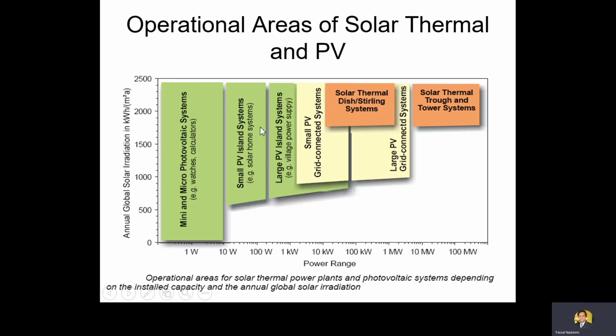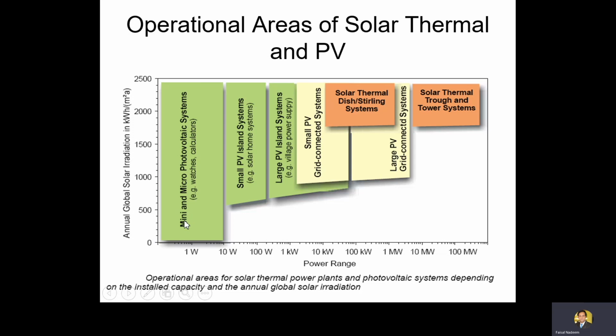Again, this green block also represents the photovoltaic system. This green block with this yellow block is also explaining the photovoltaic system, and this yellow block is also explaining the photovoltaic system. Now these brown and orange color blocks represent the solar thermal technology. So if we look closely at these blocks, we will easily